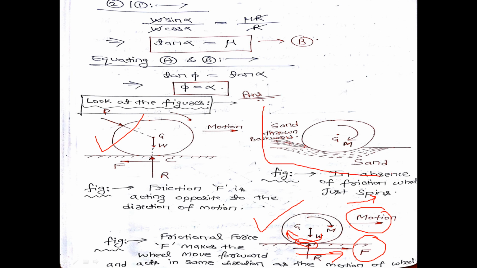So this is your second condition. This is the second diagram. So these are the three differences. In the first diagram, frictional force acts opposite to the direction of motion of the body. In the third diagram, frictional force acts in the direction of motion of the body. In the second diagram, there is no frictional force present at the contacting surfaces.